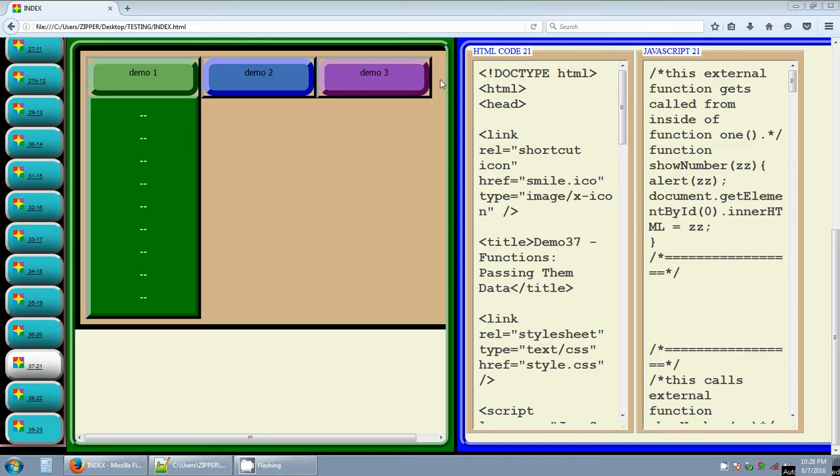So let's go over the HTML code. Over here, doctype HTML starts us off, then our opening HTML tag, our opening head tag. This tag is a link for our shortcut icon: link rel equals shortcut icon, href equals small.ico, type equals image/x-icon. You don't actually see the icon because this is opening up